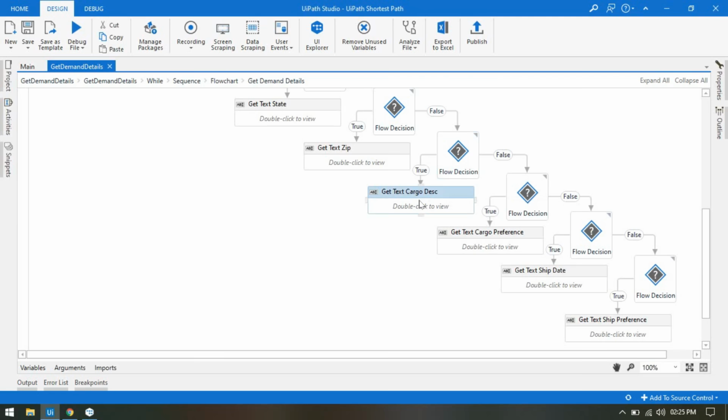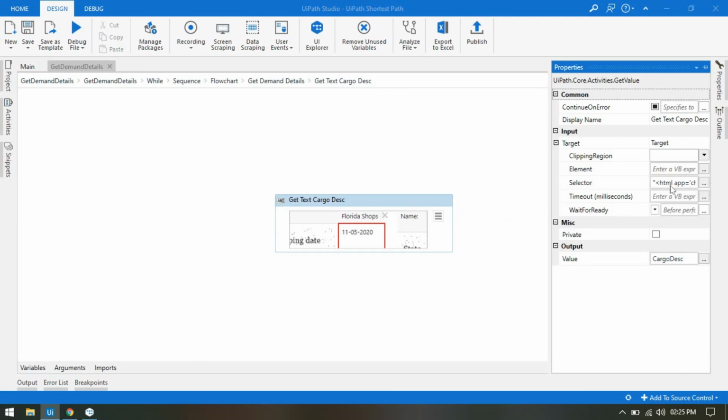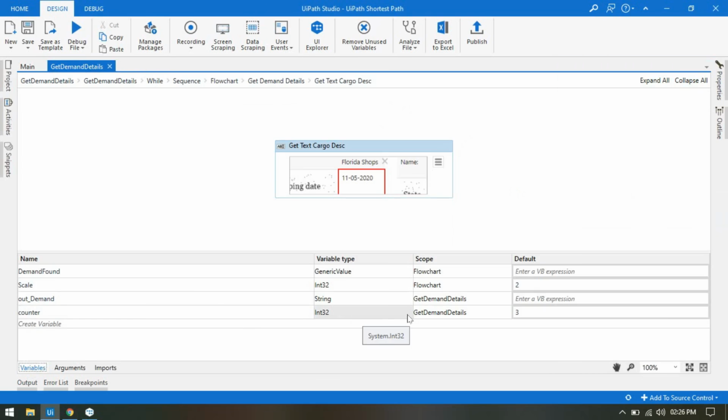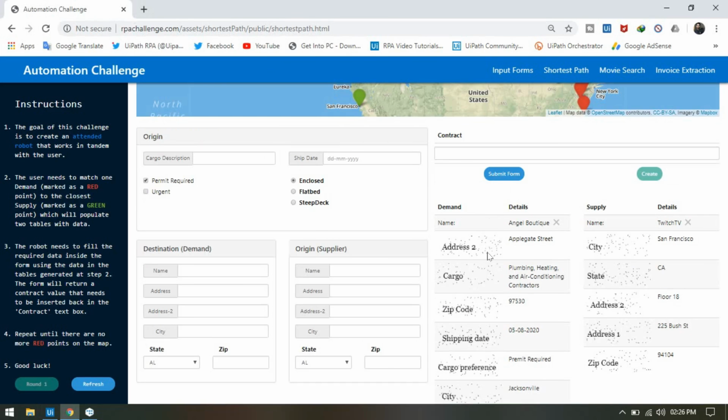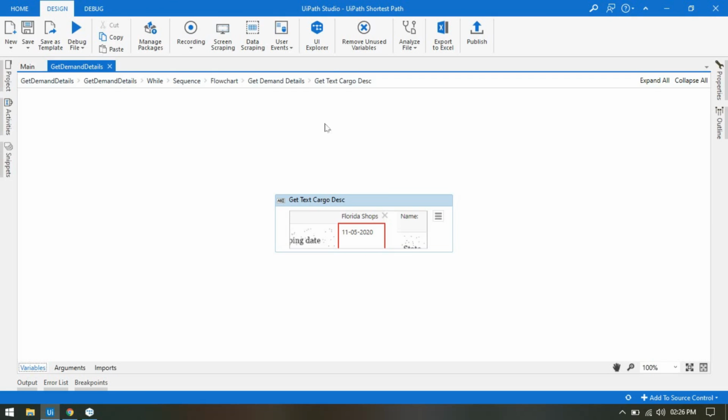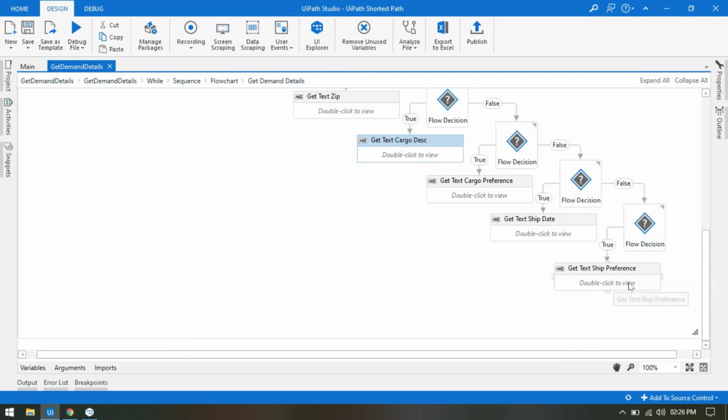And the same way we are capturing all this data, and you can see I am putting the counter here in the table row. You can check here, table row equal to single quote double quote plus counter to string, and this counter is our table row. So this is third, because the first time it will match address 2, so it will capture only the third row. If it has the fourth row, it means the counter 4, it will capture only fourth row data, right? Same way it will go and capture all these details here.